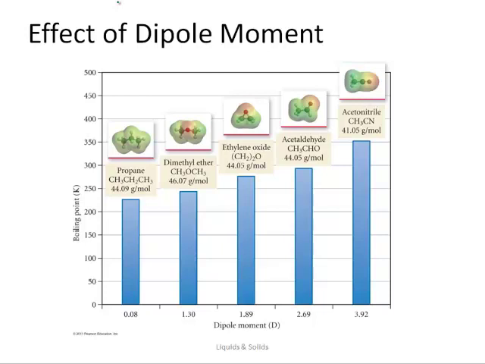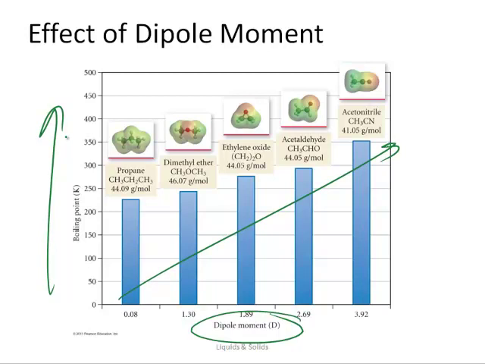When you boil something, you're going from the liquid phase to the gas phase. So what happens? What's keeping that a liquid? It's of course the intermolecular forces. And if they happen to be a polar molecule, we're talking about dipole-dipole interactions. So for dipole-dipole interactions, you can quantitatively calculate the dipole moment with units of Debyes. And as the dipole moment increases, the boiling point increases, meaning that it takes more energy to overcome those intermolecular